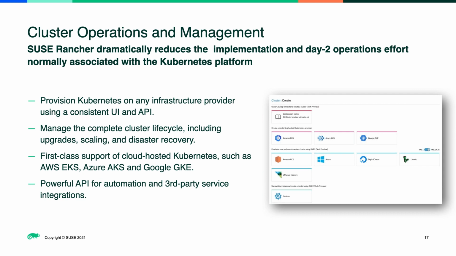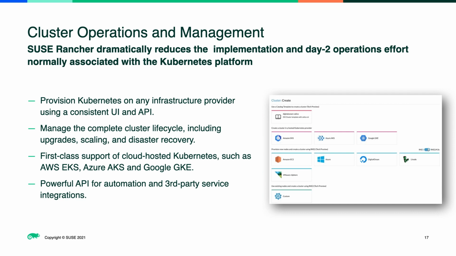Let's have a look more in depth at what it can do. So let's get a better idea of how SUSE Rancher works. SUSE Rancher can be deployed on a Kubernetes cluster of your choice. It supports SUSE Rancher's own distributions, RKE and K3S, but it can also be deployed on-prem, on Google, Amazon, Azure, or any other CNCF certified Kubernetes distribution.